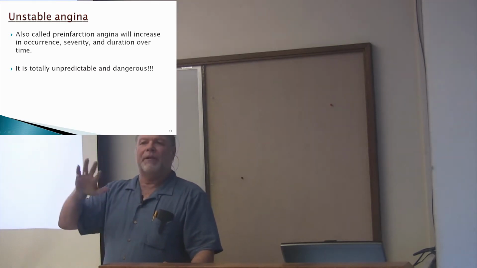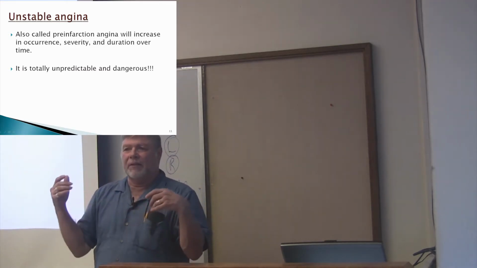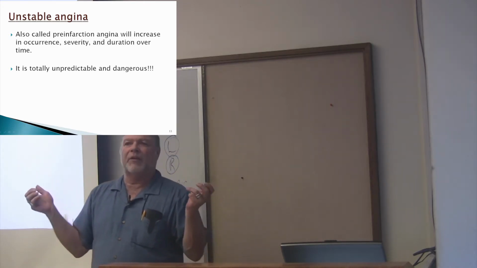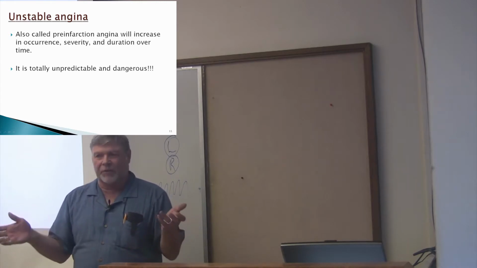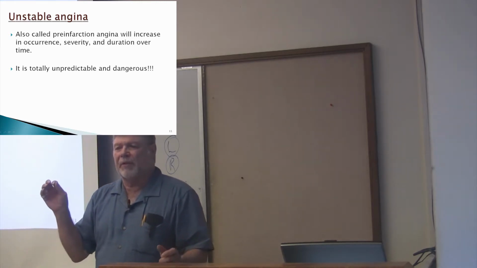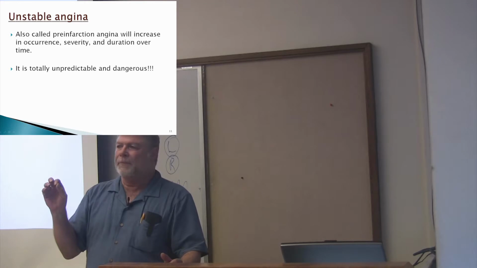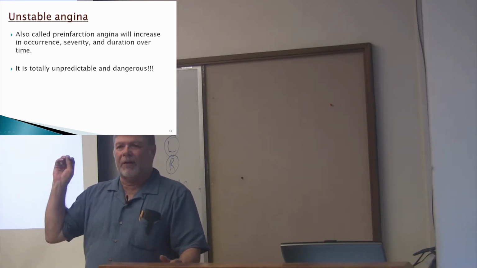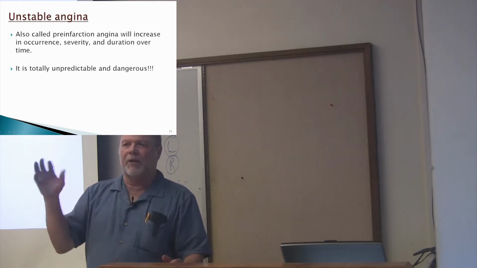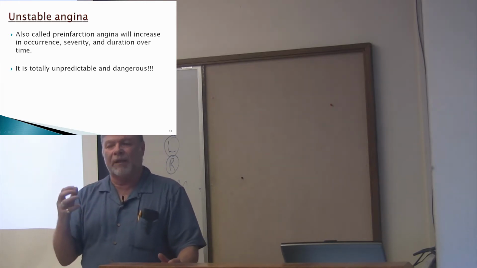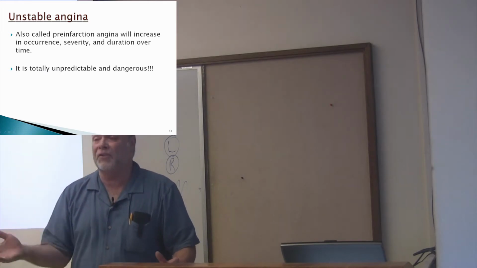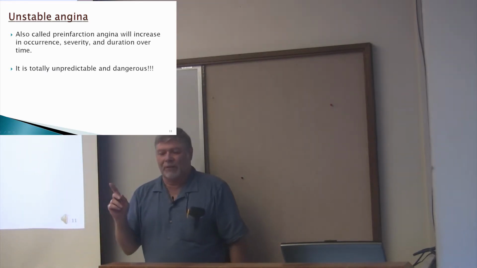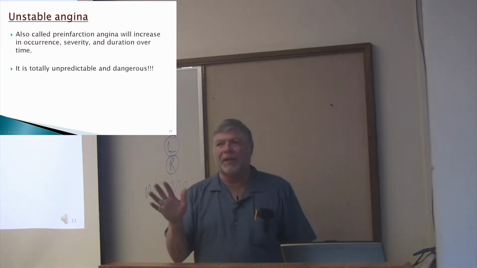So stable means he's got an occlusion, and he's got limits on what he can do, but if he sits down and rests, he's okay. Unstable usually implies that there's maybe some other kind of inflammation and damage. Maybe the plaques have actually ruptured, and there are clots forming and breaking down. And so it's getting worse and maybe better and could get worse. And it could get so much worse that he dies. That's what's going on, and that's why it's so dangerous and unpredictable.